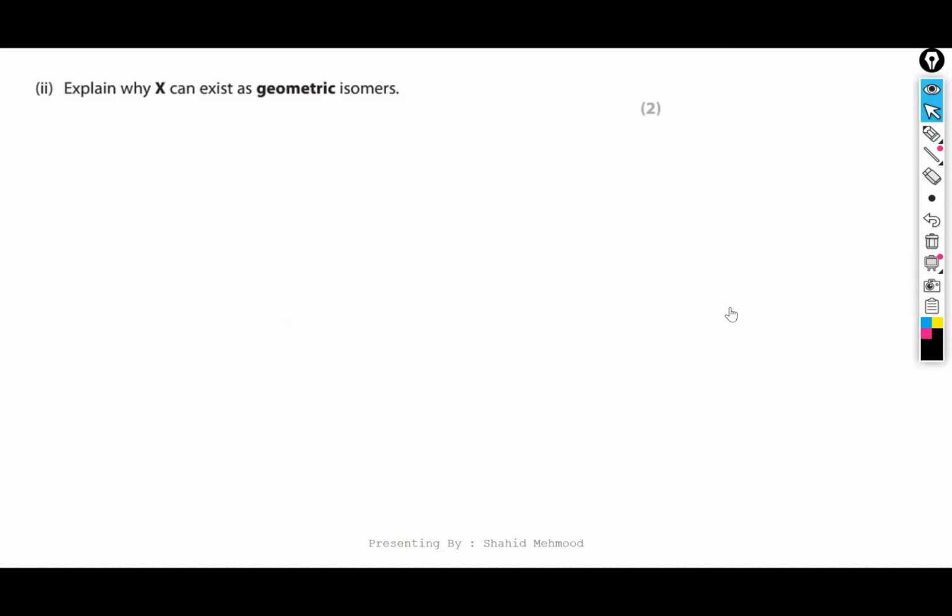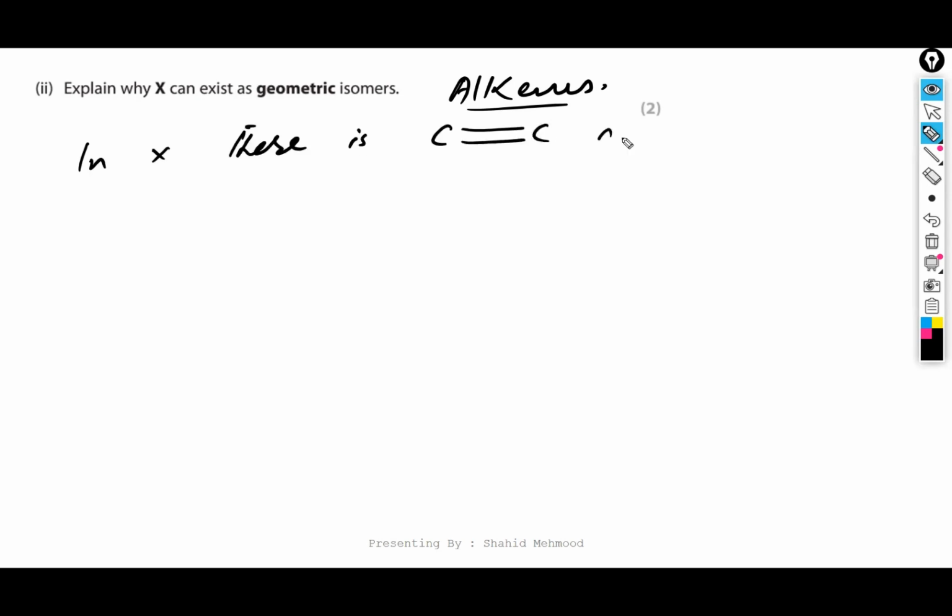Explain why X can exist as geometric isomerism. Now you see that geometric isomerism, this is a very common question. It only happens in alkenes because in alkenes there is a carbon-carbon double bond. So we'll say that in X there is a carbon-carbon double bond